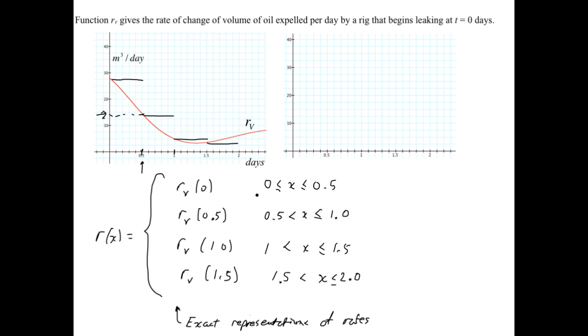Why in the heck would you rather have the black one than the red one? What's that? Without constant rates, we can't calculate amounts of accumulation. So we're butchering this and making it into constant rates that are trying to pretend to be like the red one, but they're constant so that we can actually now make some progress at calculating amount of volume. Okay, your next